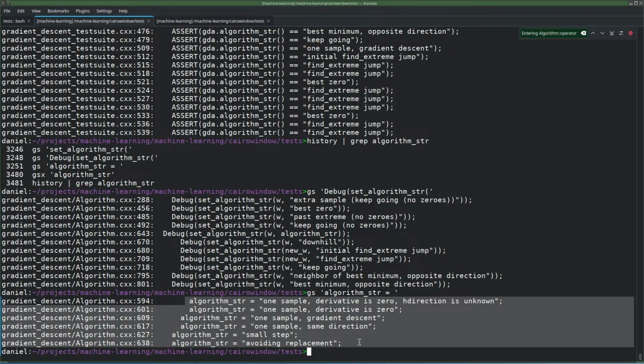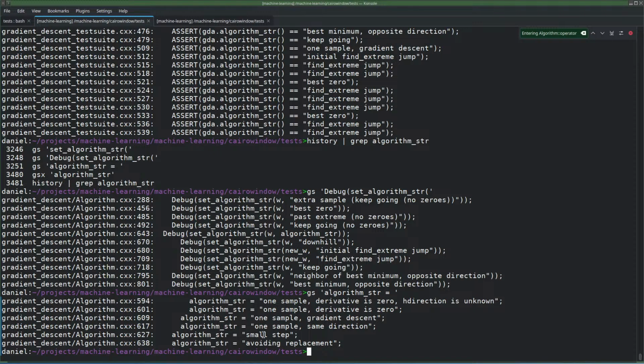So the first one uses this algorithm, and then the next one just uses the last two samples plus a new approximation that is fitted through those two points, and then you have this one again, the initial find extreme jump. This one means